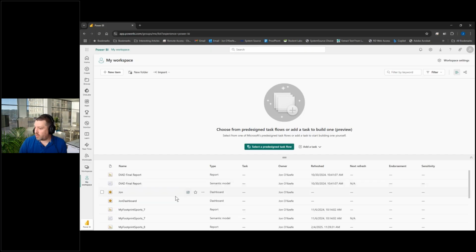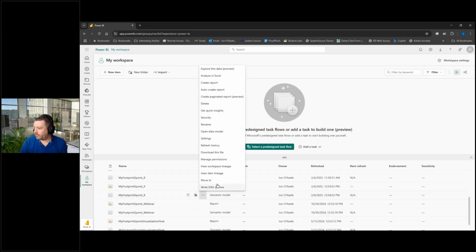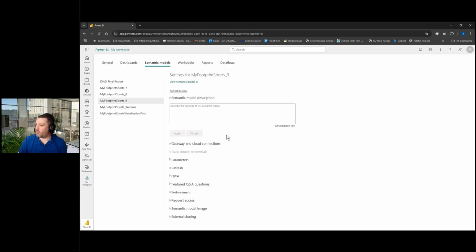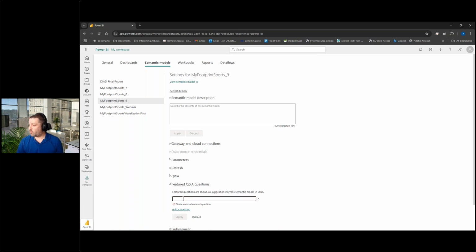You can go to your semantic models and you can set up Q&A. Where is my settings? So inside of your settings, you can set up and turn on Q&A. And what Q&A allows you to do is preload some questions that the AI will go into your data and